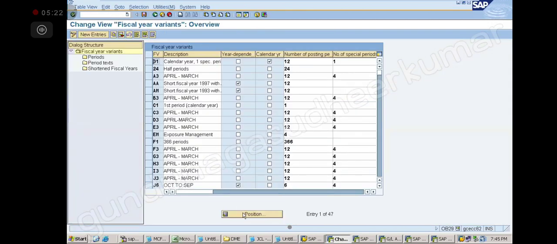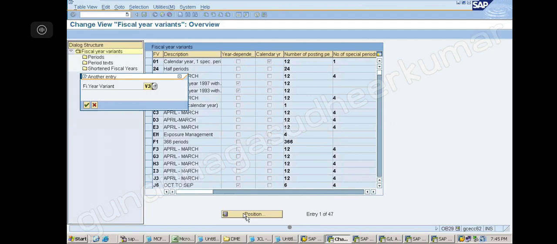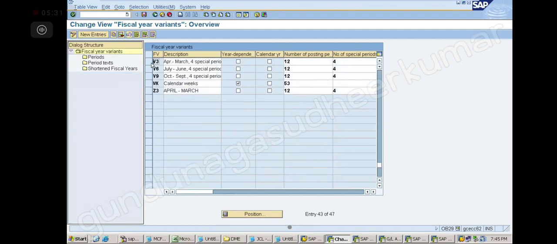V3 is here. V3 is what? April to March. In real time, we have to use this. So if you want to use this, you can use V3 directly.